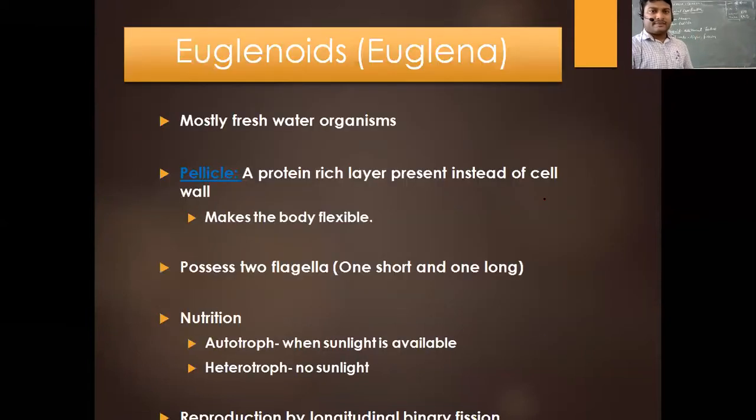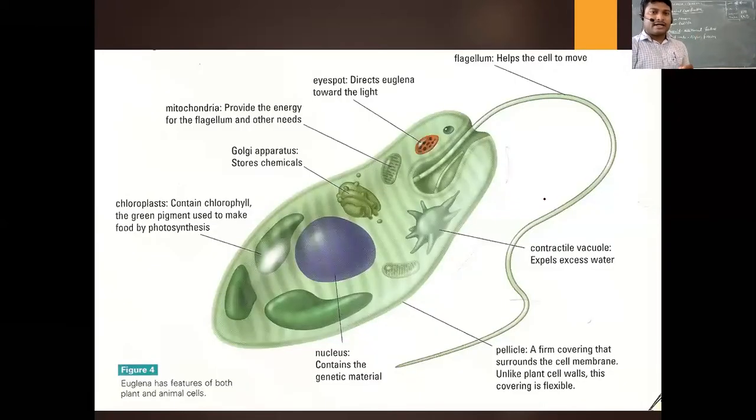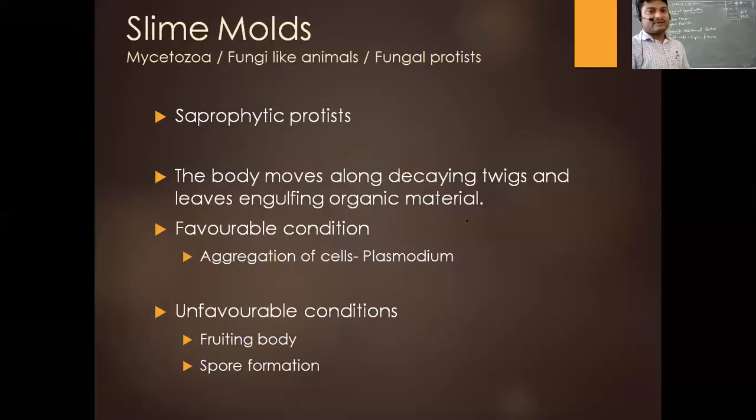And then we had the euglena. Euglena had the pellicle, okay? And the pellicle is going to be replacing the cell wall, right? Here there is no cell wall, instead there is a thick protein layer called the pellicle. And we are seeing this one, and we will start with the next one, that is going to be the